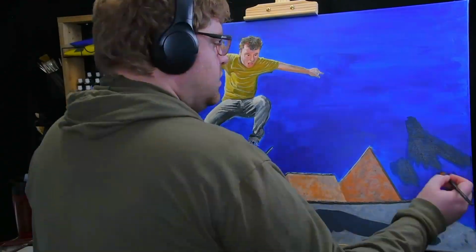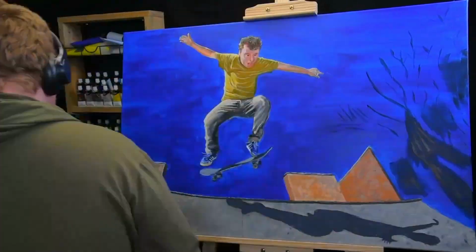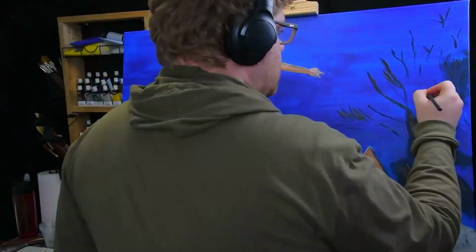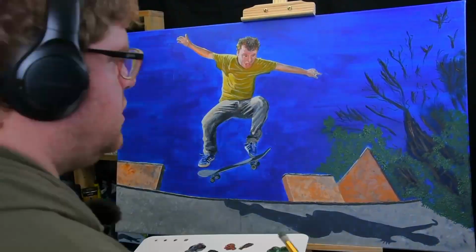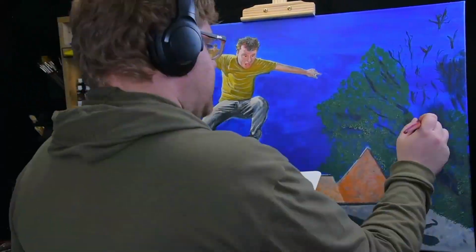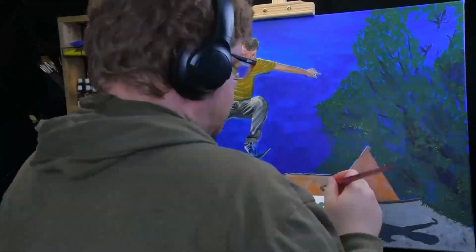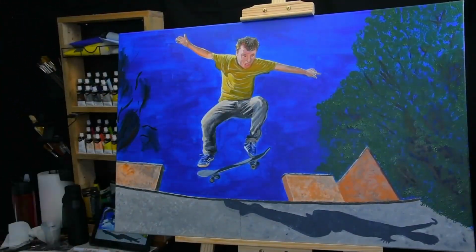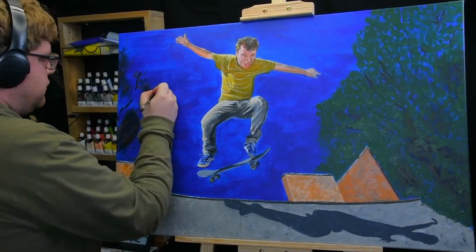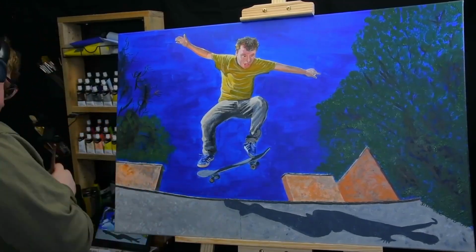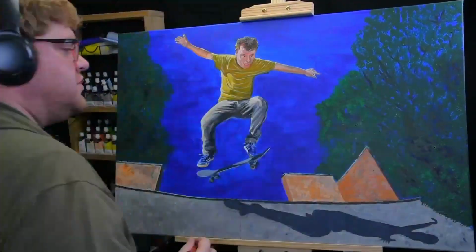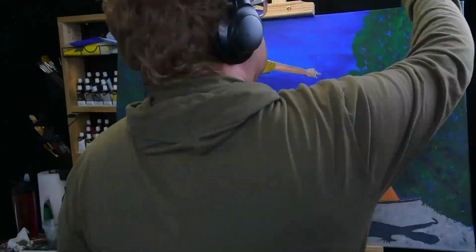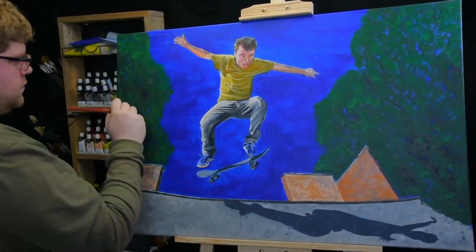I finished off the texture of the concrete using a sort of stabbing method, and then I moved on to the tree. Now, this is my first attempt at a tree, if I'm honest, and it was going really, really well. I did 3 or 4 layers, and it looked wonderful. Genuinely, it looked brilliant. Then I carried on, and I overdid it. I made the tree sort of less lifelike and more cartoony.